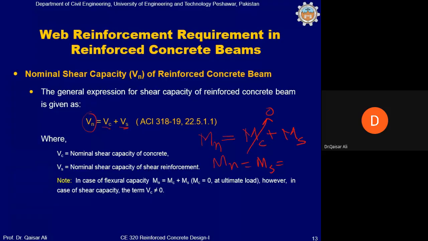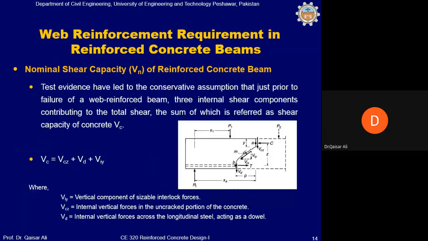Okay. So it will be Vc plus Vs, and Vc will not be taken equal to 0. Vc will be used in our equations. Vc comes from where? First of all, the value of Vc is contributed from Vcz plus Vd plus Vi. If you look at this beam where the crack has appeared,